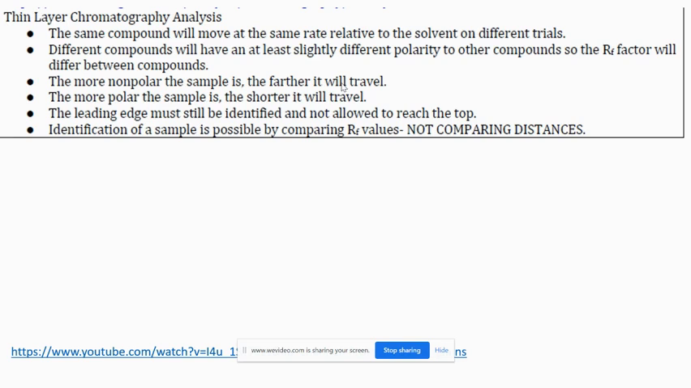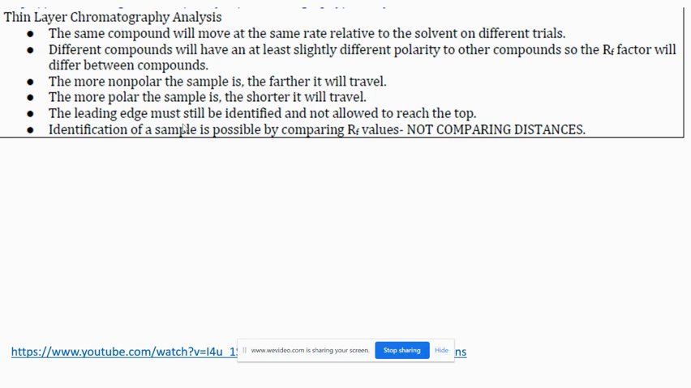Bio? Okay. So thin layer chromatography, the same compound will move at the same rate relative to the solvent in different trials. Different compounds will have at least slightly different polarity to other compounds, so the RF factor will differ between compounds. The more nonpolar the sample, the further it's going to travel. The more polar it is, the less it's going to travel, because it's going to be more attracted to the